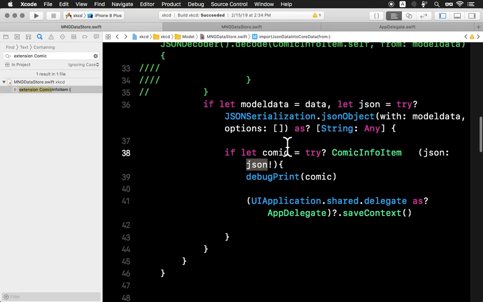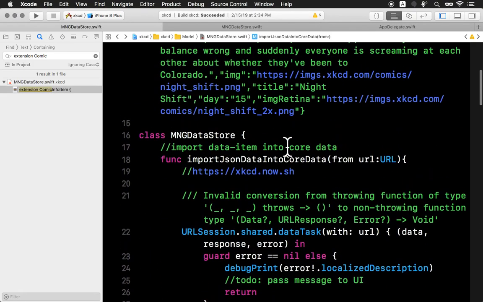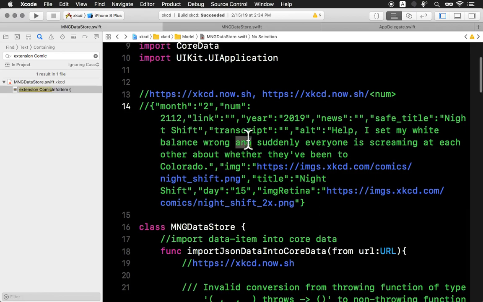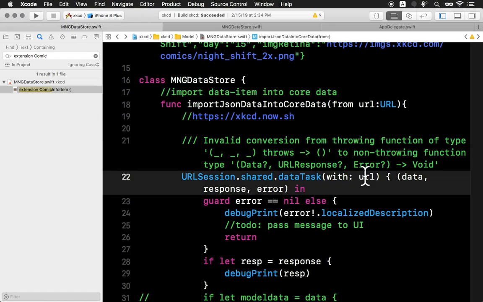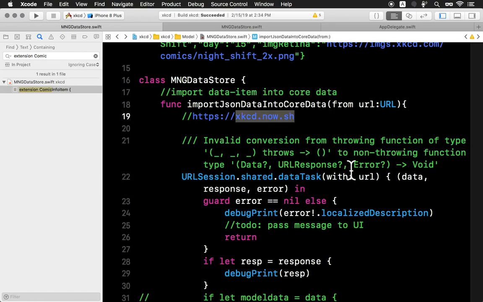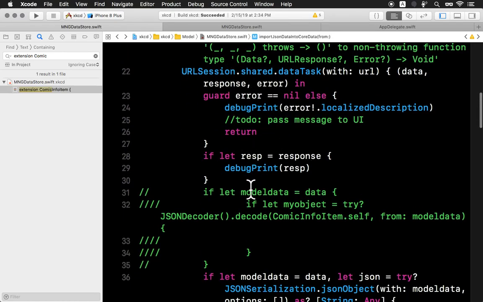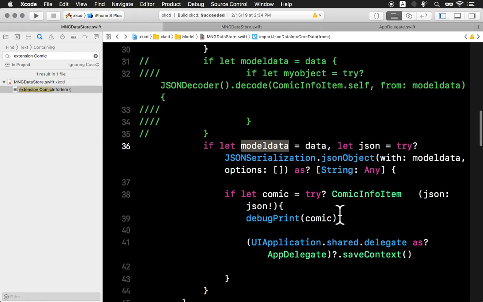So this is how we basically, just using a quick outline again, I'm going in from the point of access to the JSON data I look at. Then I take that and go into a URL session data task with the URL. That's my URL right there. And I get back three things: data, response, and error. I check my error, I check my response, I check my data. Here's where I'm checking my data, and if I actually have some data, then it'll go in. If I actually have some data and that data has some JSON in it, then I go into it